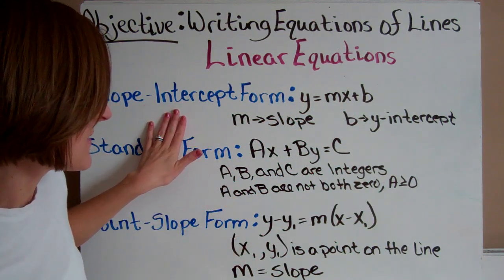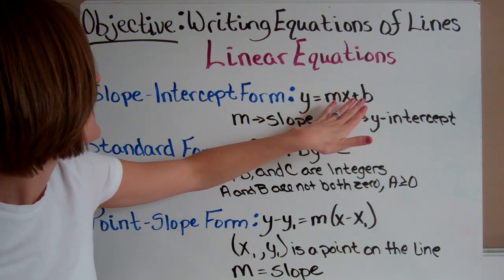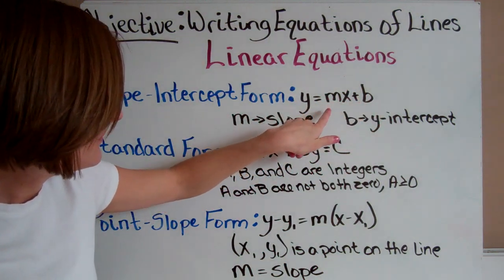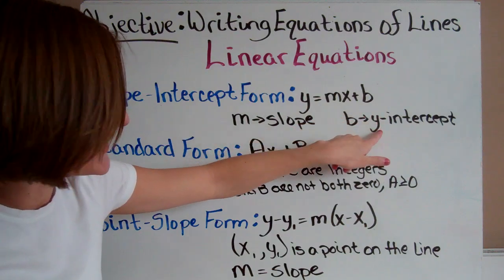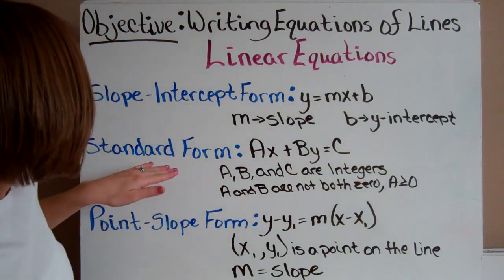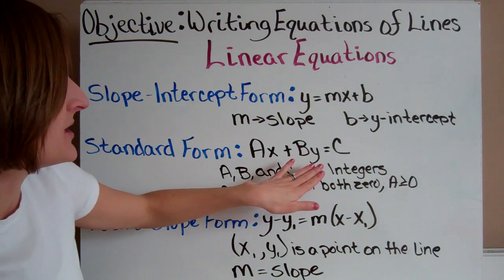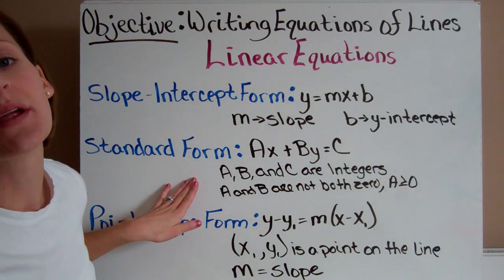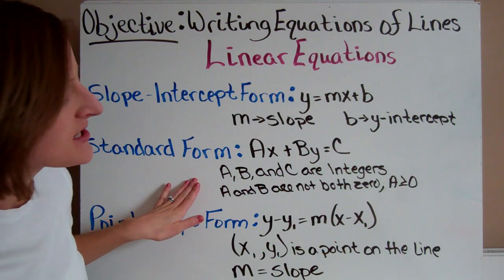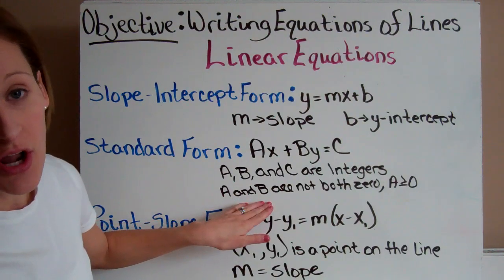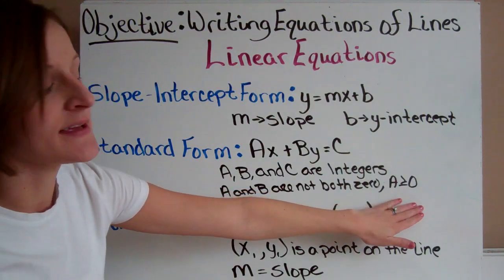One is the slope-intercept form, where it's y equals mx plus b. Your m is your slope and your b is your y-intercept. The second one we've looked at is standard form. Standard form is ax plus by equals c. This is when a and b are integers, both a and b are not 0, and a is greater than